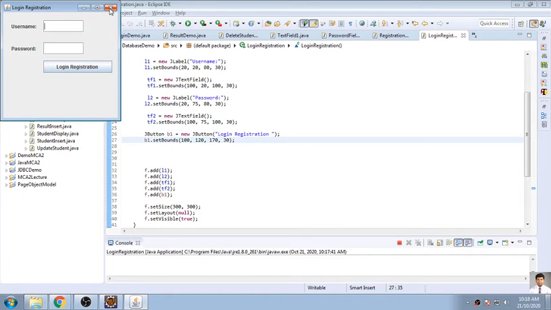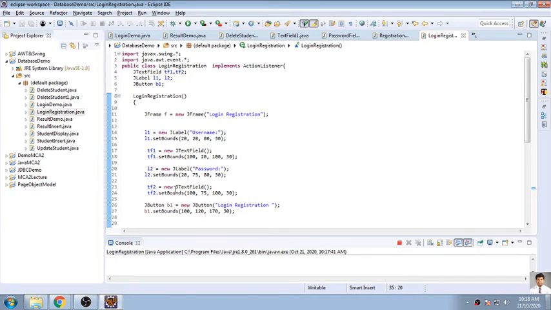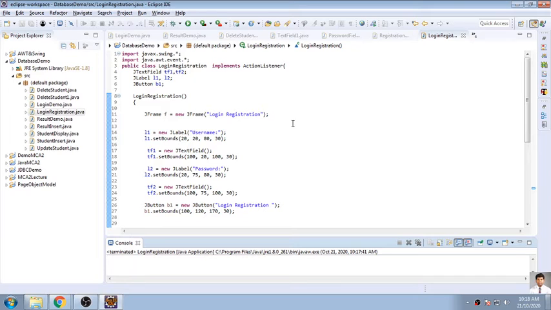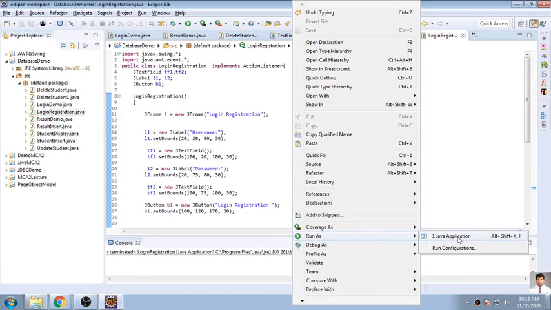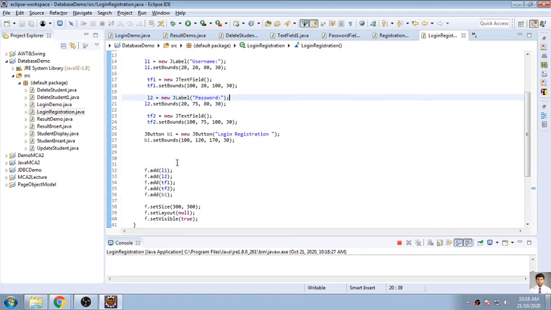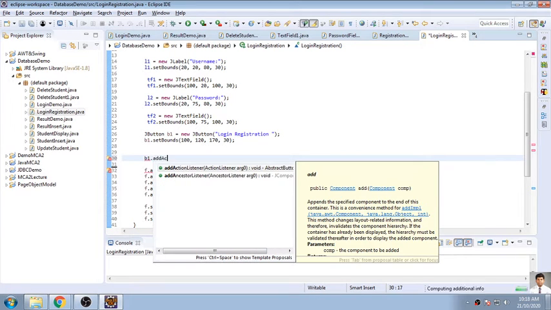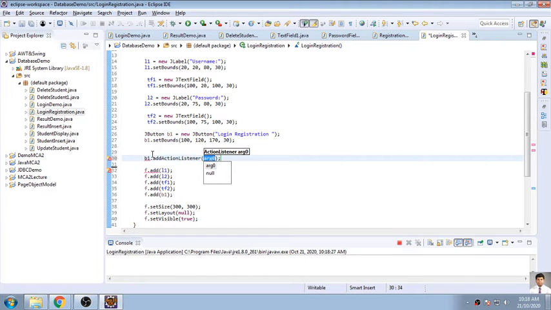Now what I have to do is add an action listener, because now it is visible to me. When I click on anything, nothing happens, because no code is written into this action perform. So I have to add an action listener. For that purpose, after the button click, B1 dot add action listener, and in this we pass an object, that is this object.